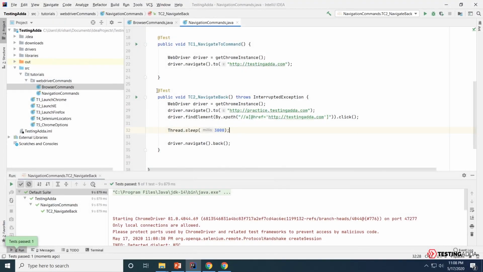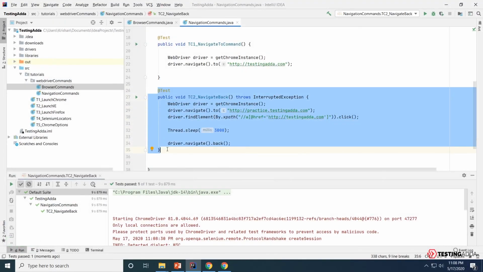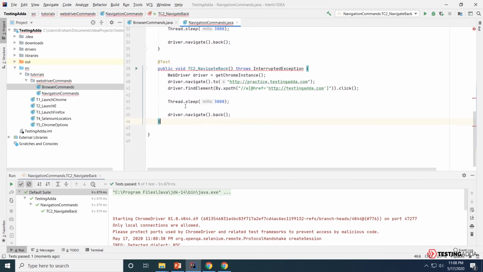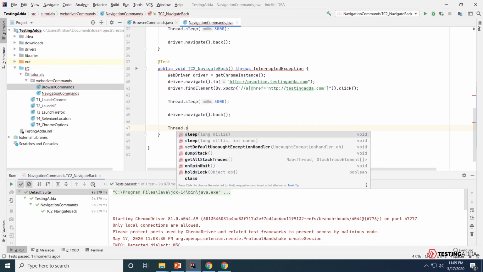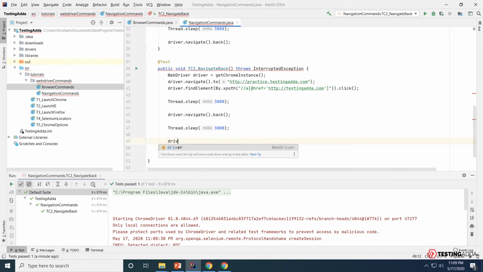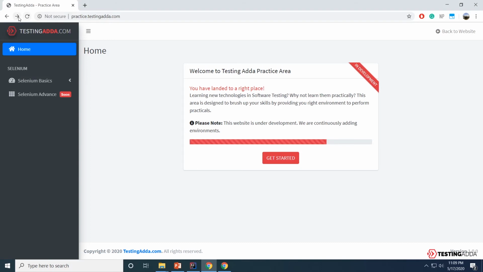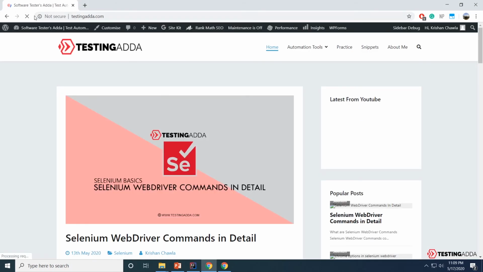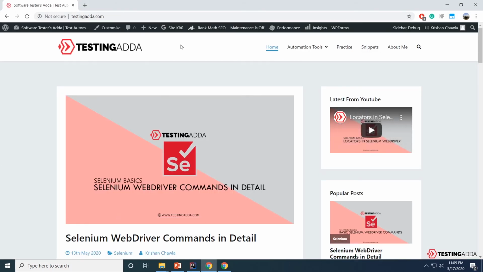Now we'll replicate this for the forward button also. Once we press the back button, it took me to the testingadda.com practice website. So I'll add a 3 seconds delay again and driver.navigate.forward. If I press this forward button, it should take me to the main website again.